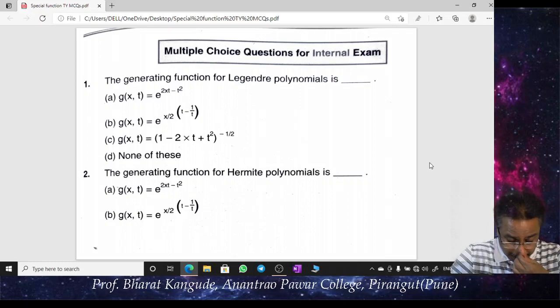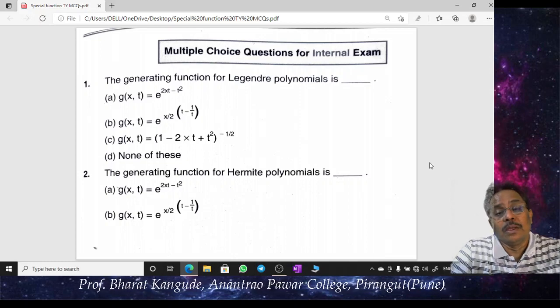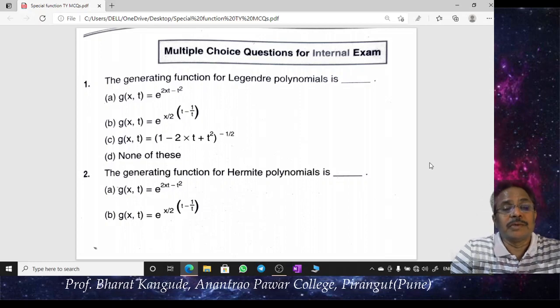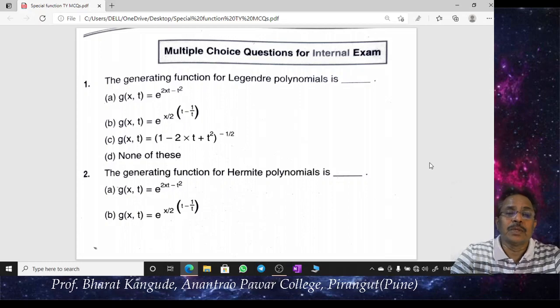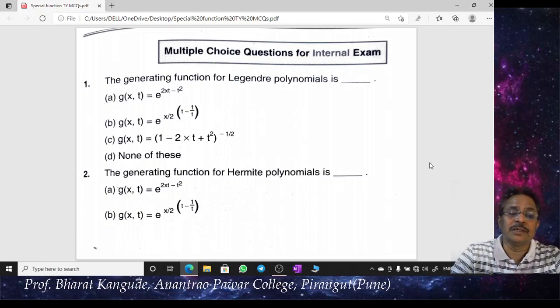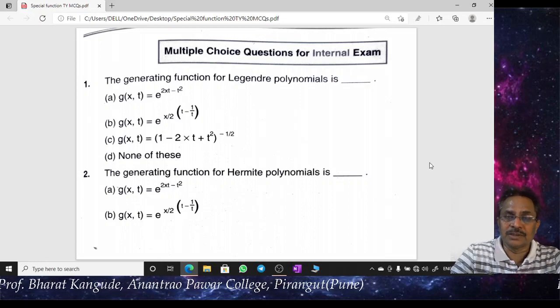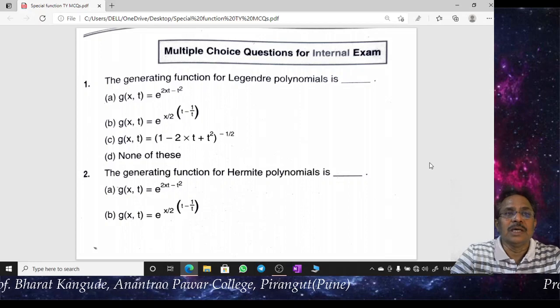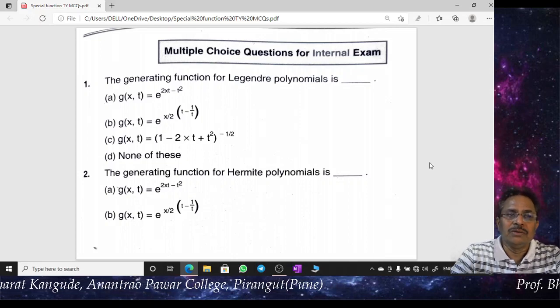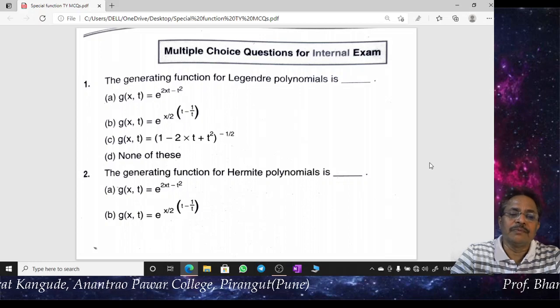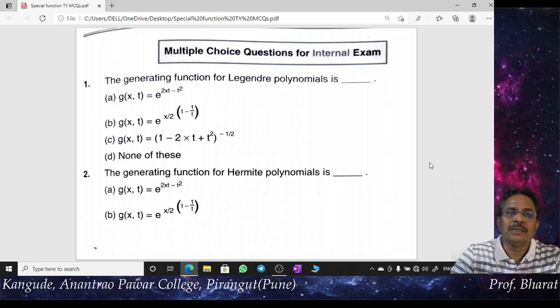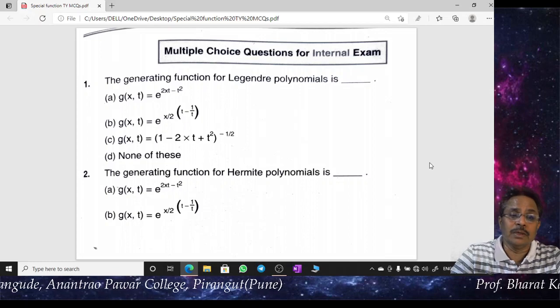Please note, in this chapter most of the questions are memory based. You have to remember these three special functions: basically the Legendre polynomial or Legendre function, the Hermite function, and the Bessel function of the first kind. Now in theory we have learned earlier how to arrive at these three different types of